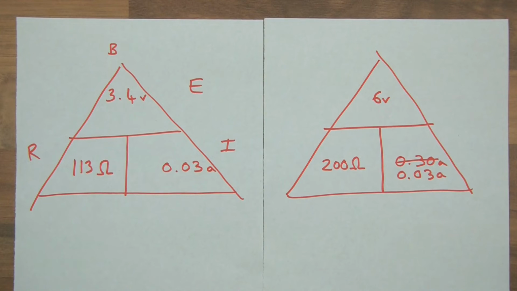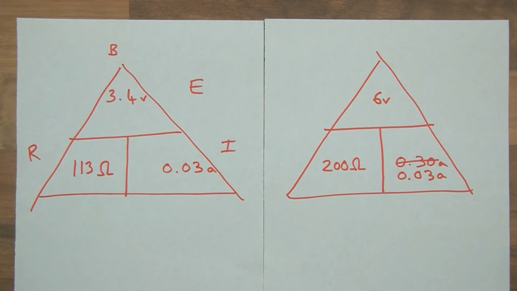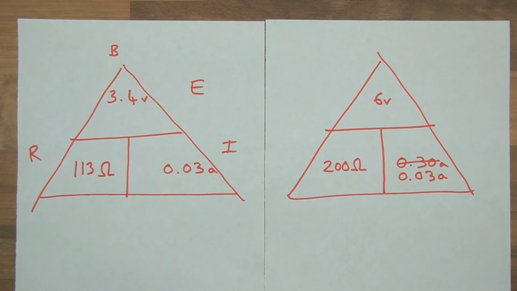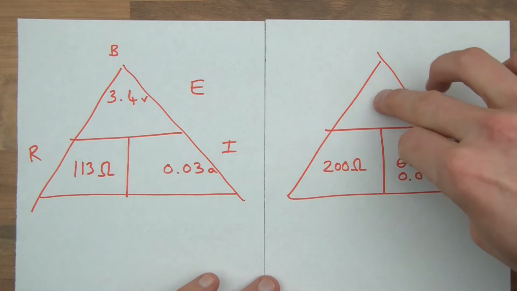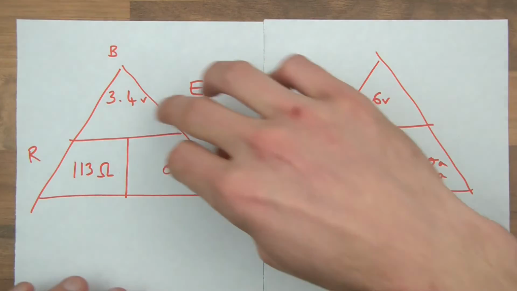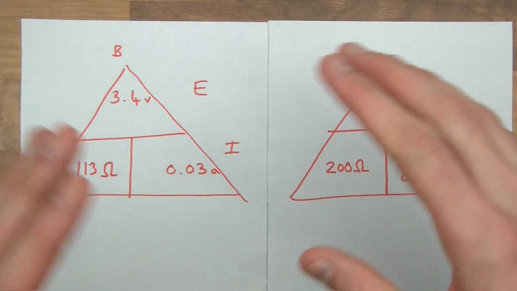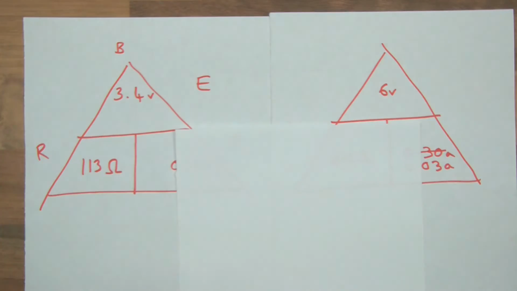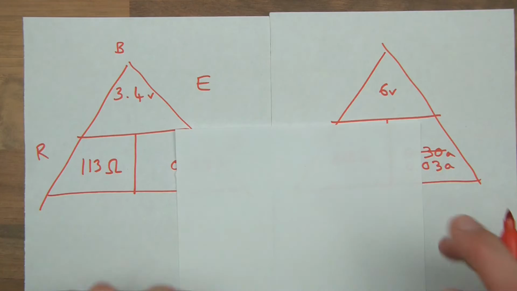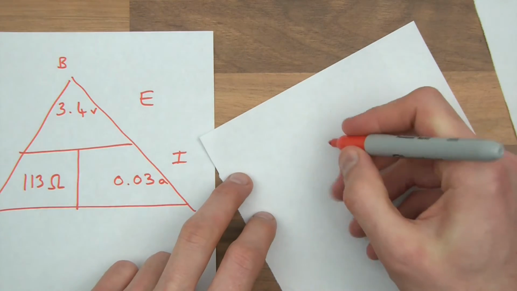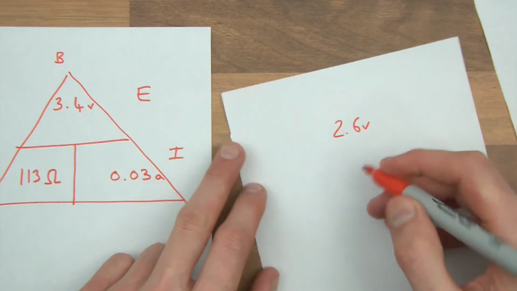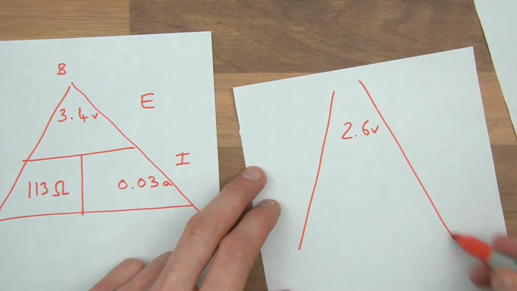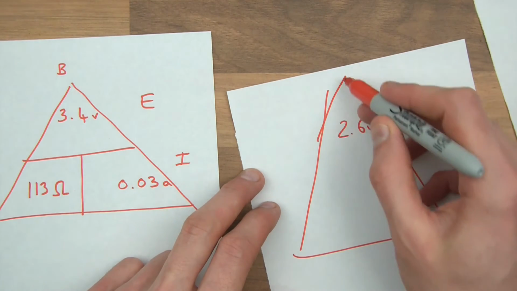Okay, so just like many other formulae in mathematics, if you know two things of three, you can work out the third. It's just the way it works, and this is no different. Like we used these two before to calculate this, you can actually use these to calculate something else. 6 volts take away 3.4 is 2.6 volts. So we want to drop 2.6 volts. Let's do another triangle, 2.6 volts,